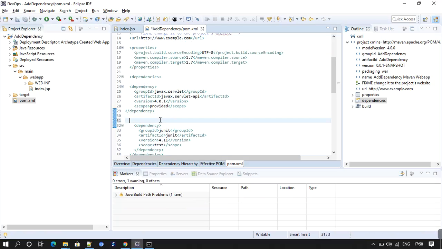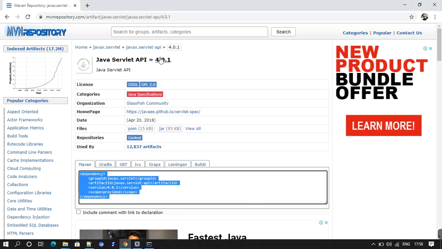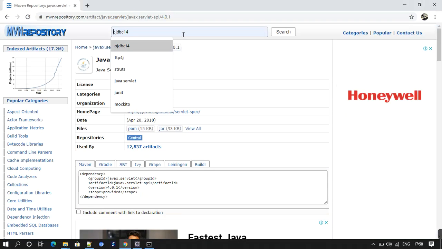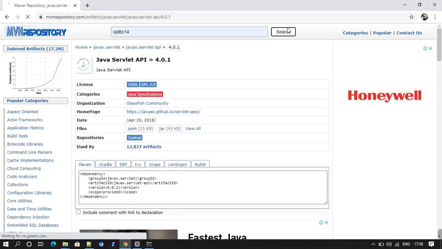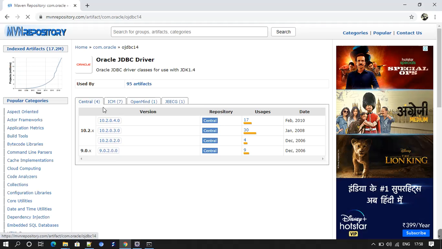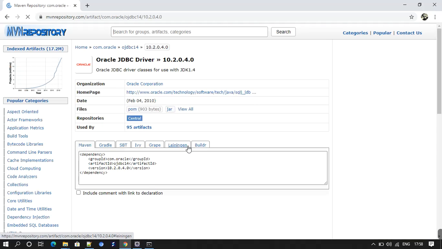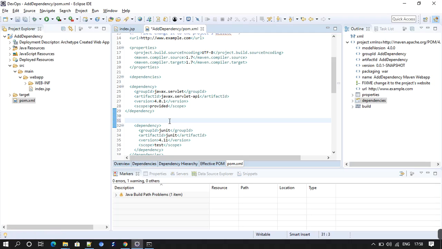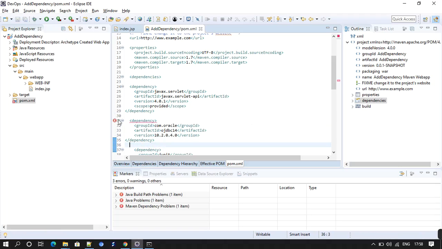Now we will talk about what's the exact issue we are facing. Just take one dependency that gives you an error just because of the permission. I am taking OJDBC14 because Oracle has put in a permission issue. If we just select it and paste here, just save it, and the error will recall that missing artifact. Now how can we fix this? One solution I already gave is that we can install manually in our system, but it will not work if we are deploying in a real world environment.